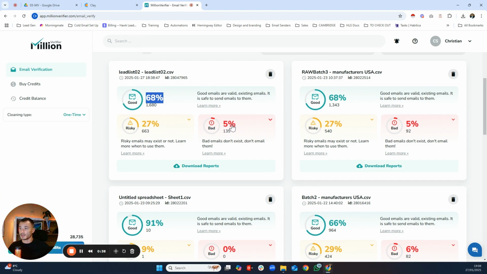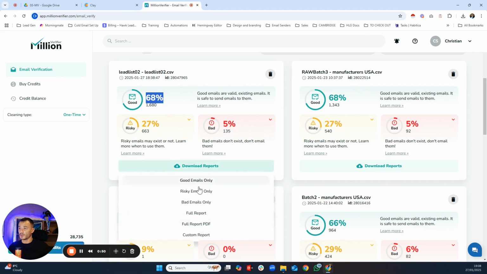And they just bin these. Now, there's gold in here. We can still find the contact details. Maybe they've just changed email address or provider or something. And so therefore, we're going to go a step further than most people, and we're going to download the full